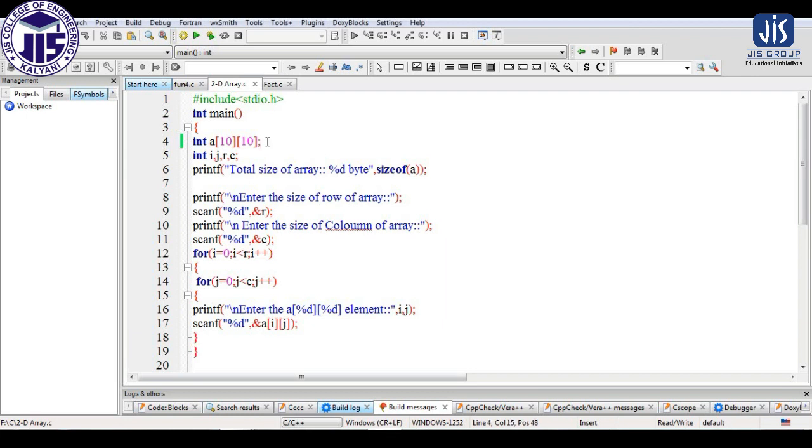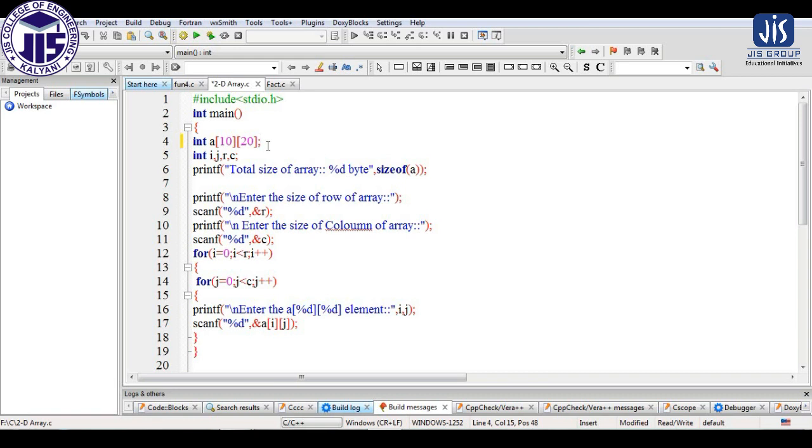Integer, that is basically the keyword int we are using here, that is defining the data type of the array that we can store into the array. A is representing the name of the array, and after that, within the brackets we have defined two values, 10 and 10. So if I consider, let me make it 20, different. So the first 10, then 20. So 10 is basically representing the maximum number of rows, that is the row size, and 20 is representing the maximum number of columns that we can accommodate in this array.